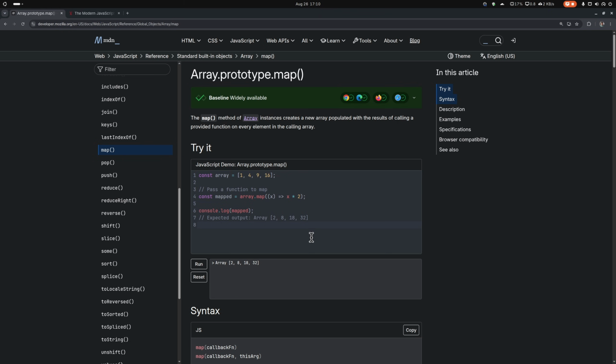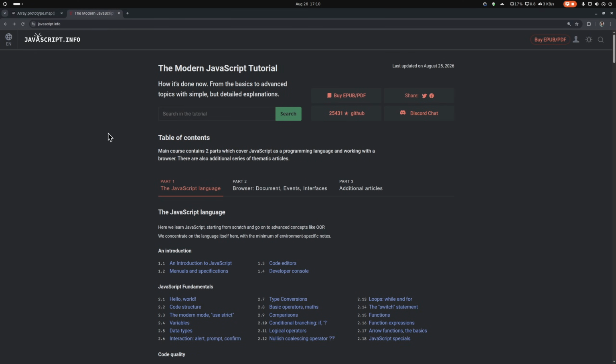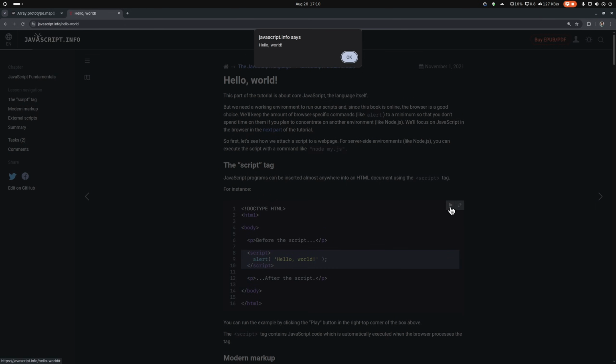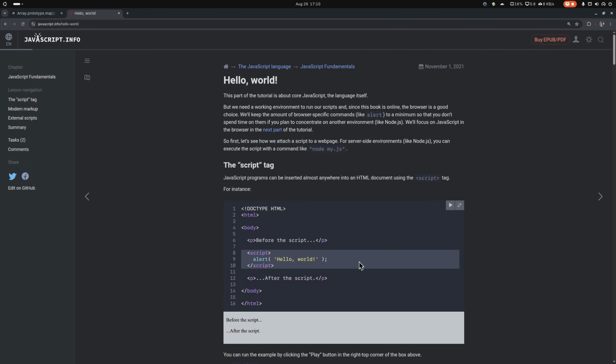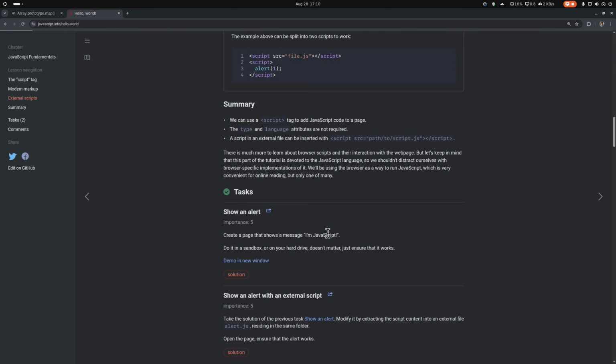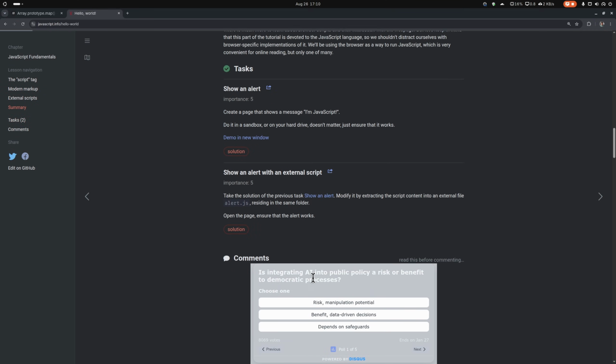One of the other resources which I really find helpful is javascript.info. As you can see, this is basically a similar thing. If I click on this one, Hello World, as you can see here, we have the description and the code snippet here. If I run this, as you can see, we have this output. Awesome. This is another really nice